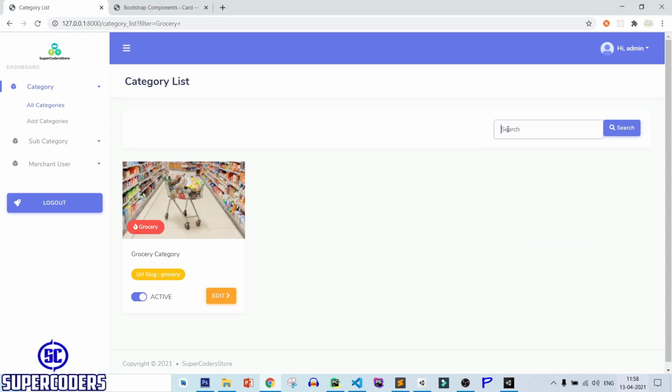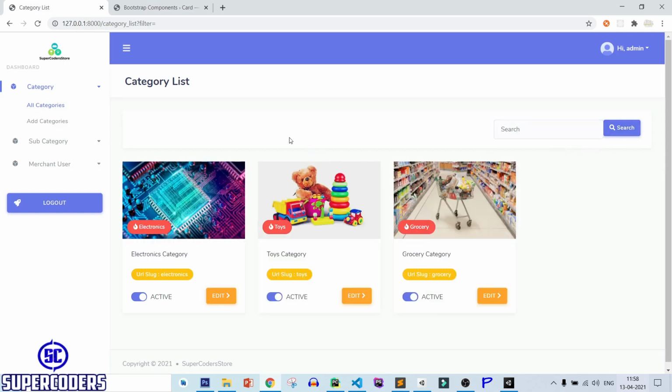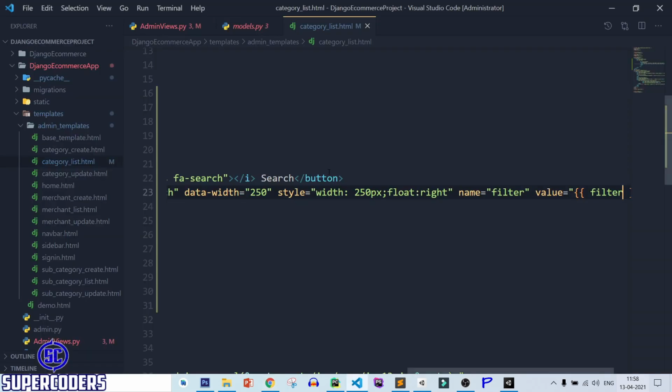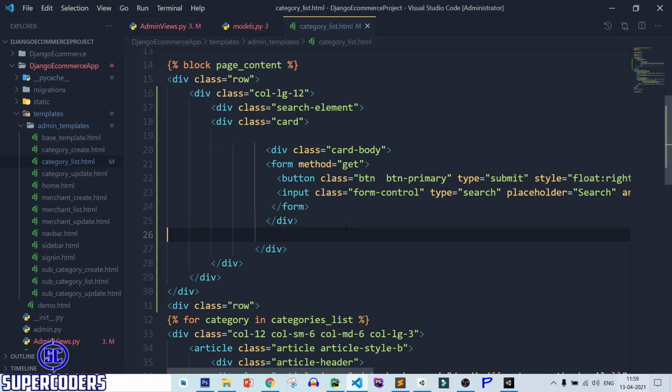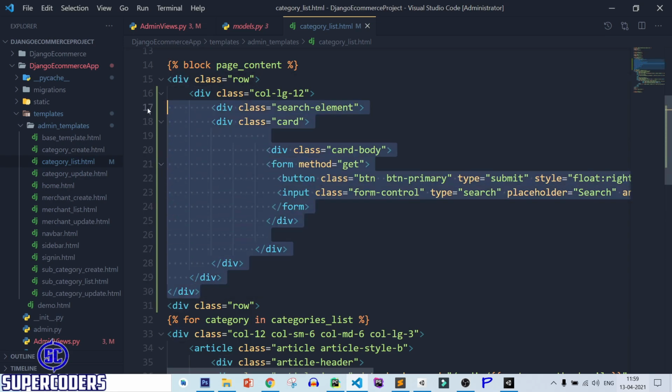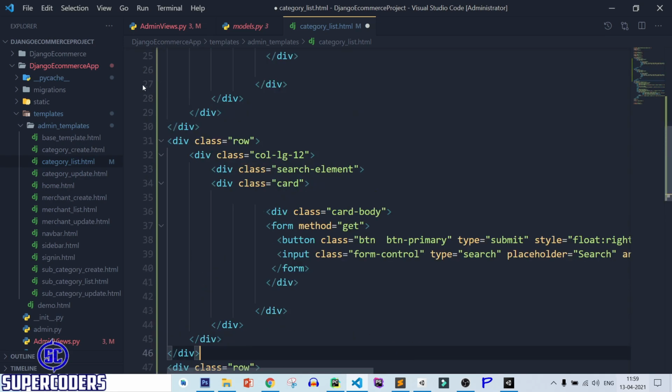After that, let's work on next part, which is sorting. So let's add a sorting button here. So after that, copy this same div, paste it.